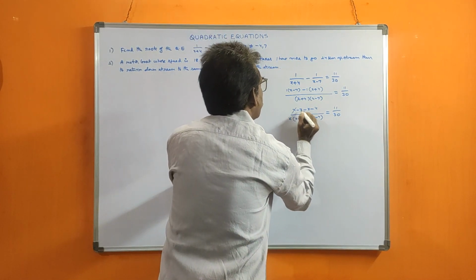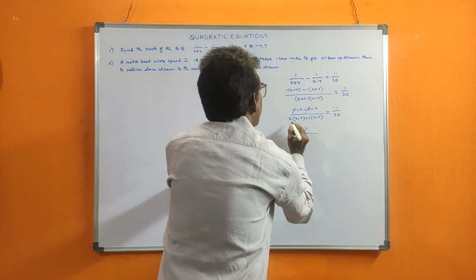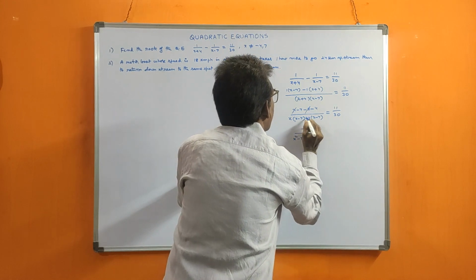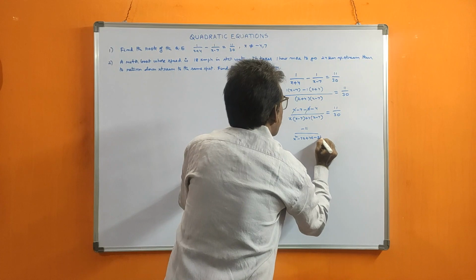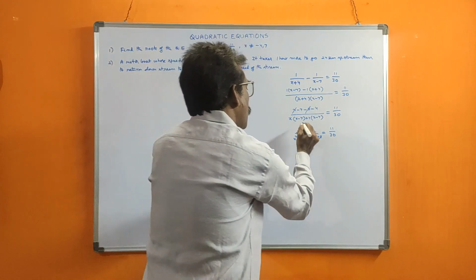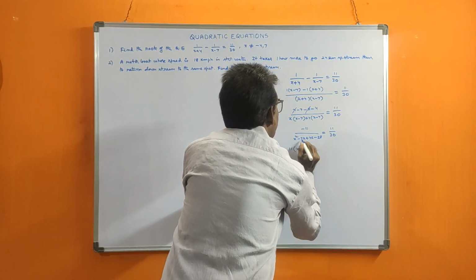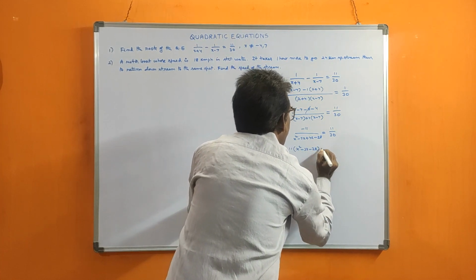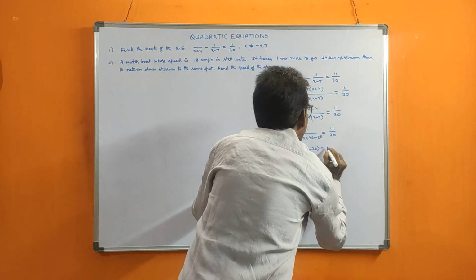Now plus x minus x cancel. Both are minus, so we should add and get minus 11. x into x is x square, minus 7x plus 4x, minus 4 sevens are 28, is equal to 11 by 30. Now cross multiplication. So 11 into x square, this you can simplify: minus 7x plus 4x is minus 3x, minus 28, is equal to 11 into 30.